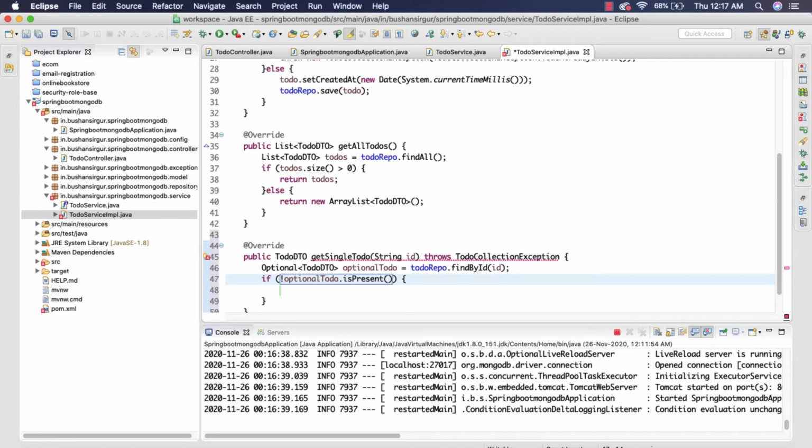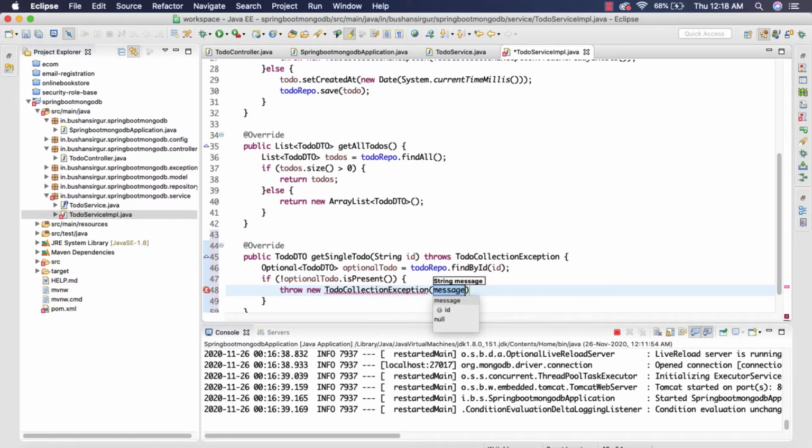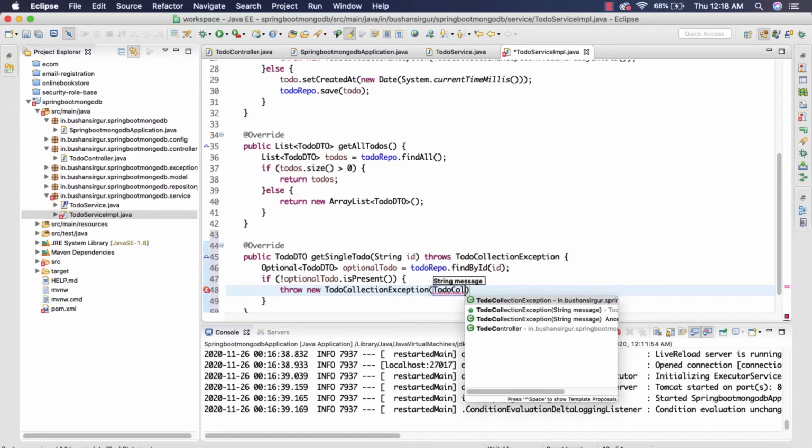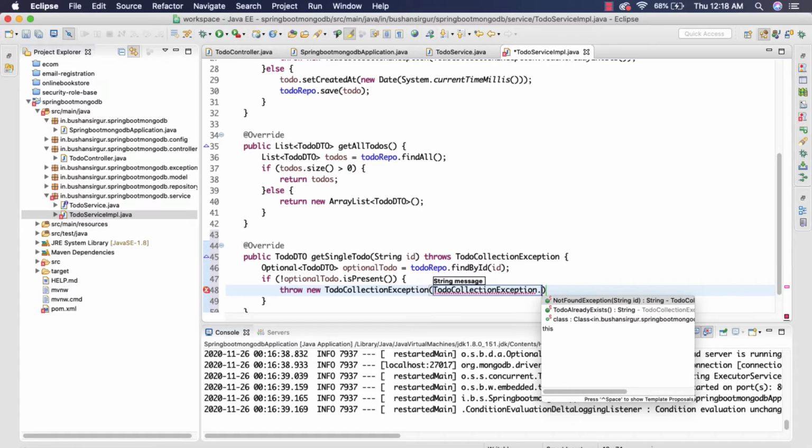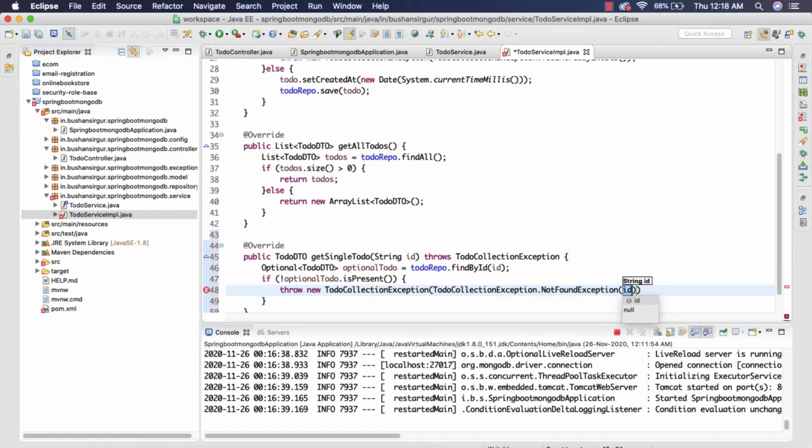If the todo is not present, then we're going to throw a ToDoCollectionException. ToDoCollectionException.notFoundException, and we're going to pass the ID to it.